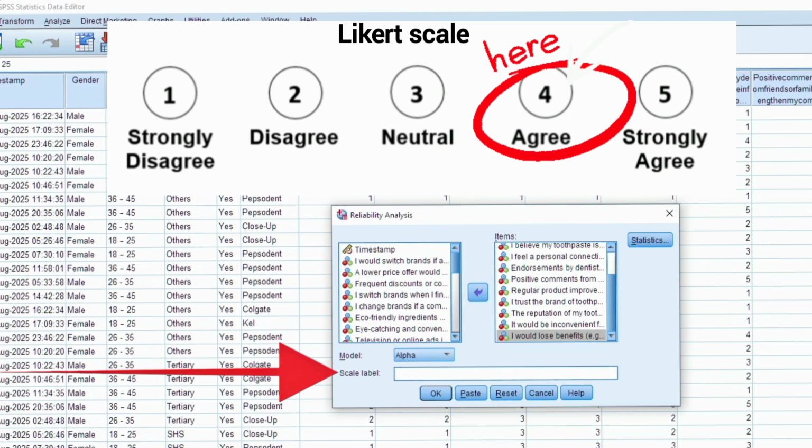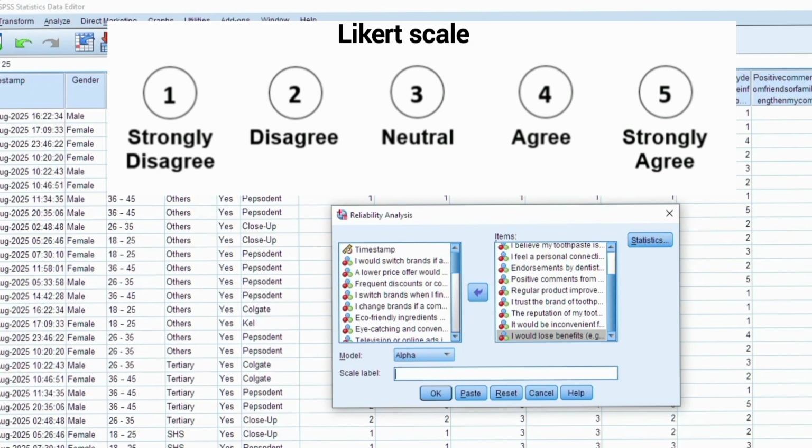If I insert 4, I'll click OK and check if the results I get are above 70. If I don't get that, I'll come back and select another number from my Likert scale, could be 2 or 5, until I get a reliability result that is 70% or above. If yours is not Likert scale questions, you can still use this trick. So under the scale label, I'll type in 4 now, check that the model is on Alpha,